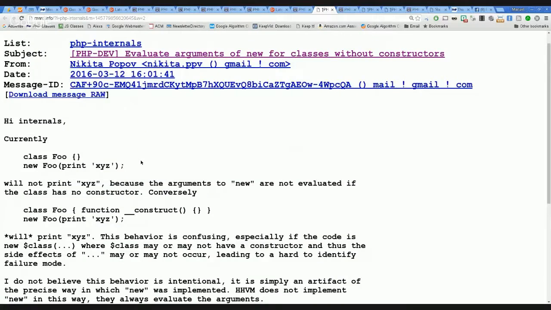Well, if you don't have access to the class, it's somewhere inside, it's not your class, you're just using it, and you're providing some kind of function call that accepts some parameters, does something internal, changes some states, and returns a value that you want to pass to the class, and don't care if the class accepts it or not, then if the class doesn't have the constructor, it would not execute that function at all.